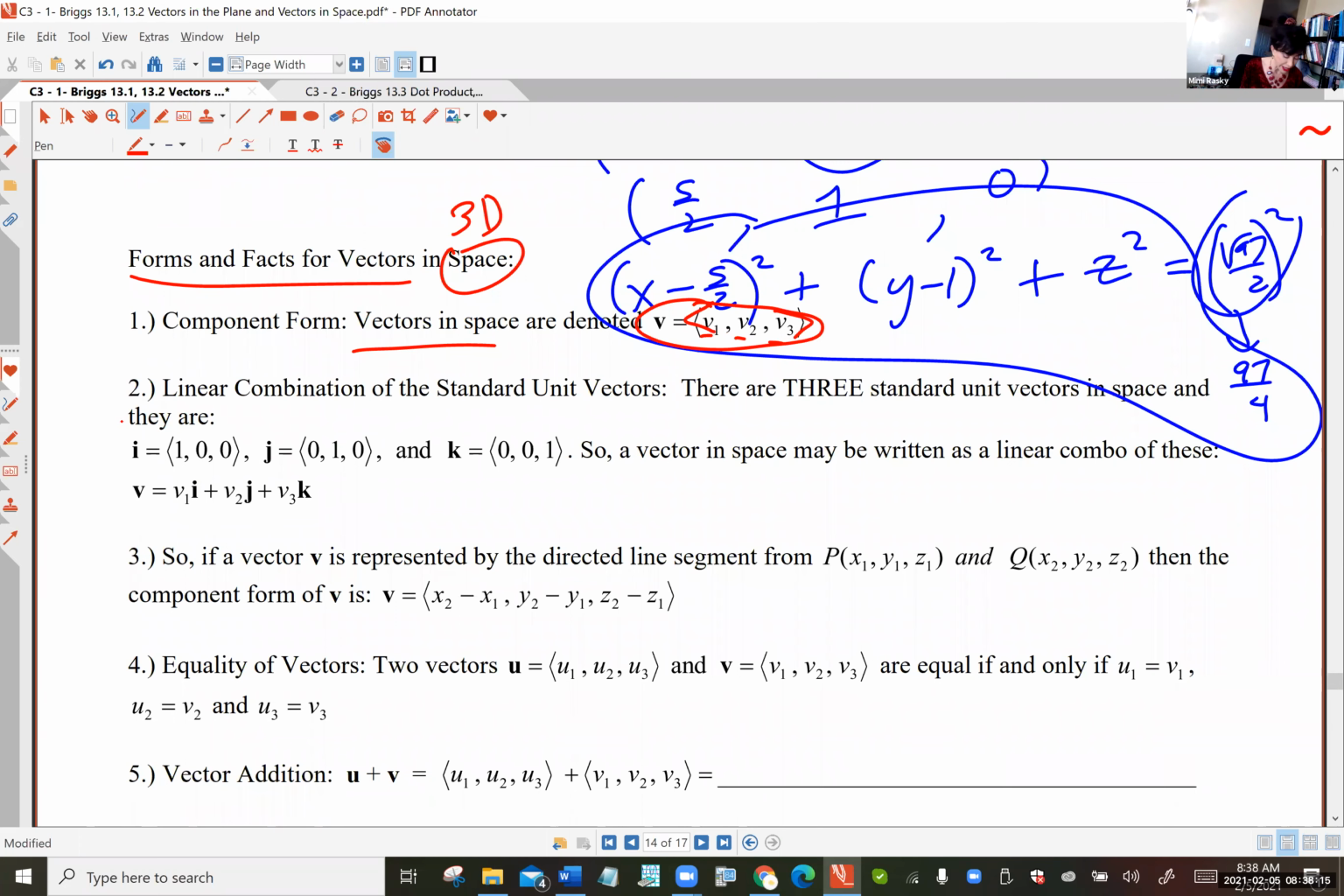Now, the other format, linear combination of the standard unit vectors, you're now going to have three standard unit vectors: the i, j, and k. Those are all unit vectors that point in the positive x, y, and z axes respectively. And so you can write a vector as a linear combination of those three standard unit vectors. Be able to do either one of those forms when you're typing in answers in MyMathLab,